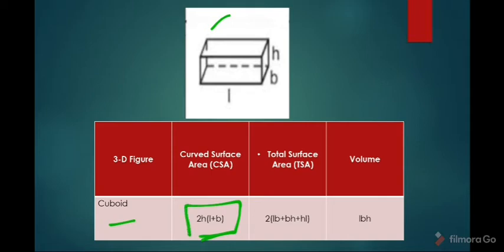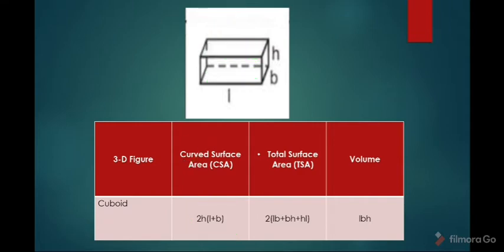Curved surface area means, in a cuboid there are 6 faces. Except the top and bottom faces,